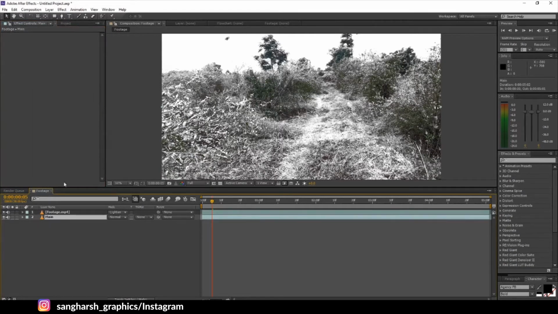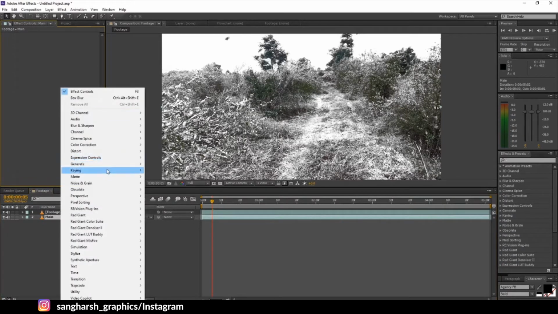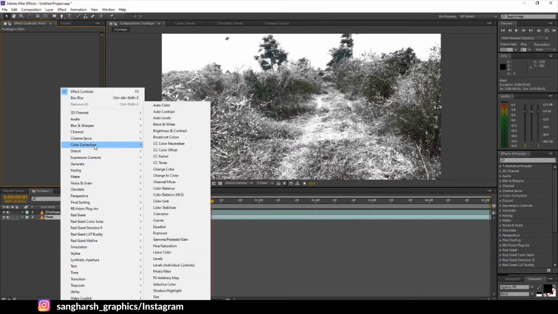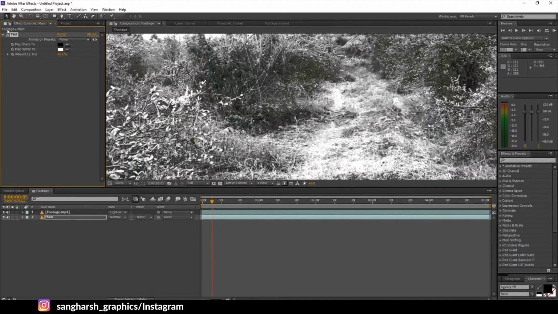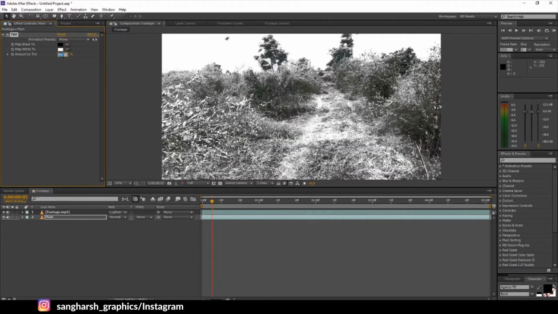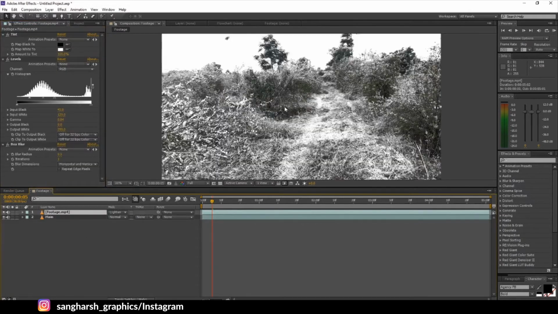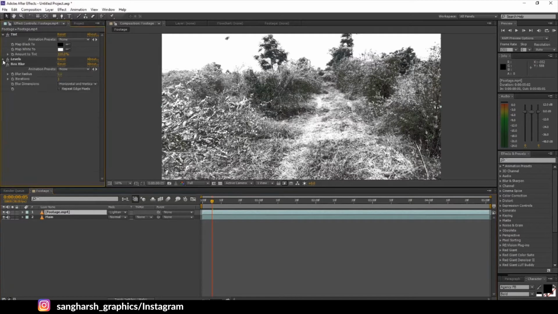So select the main layer. It's looking too much greeny. As you can see, in snowy areas it's not too much green. So select the layer, right click in effects and controls, go to color correction, tint, and make the tint value something to like 40. As you can see, here we have a desaturation something, and you can decrease it up to 35. Perfect. As you can see, in snowy areas the snow has something a little bit glow.